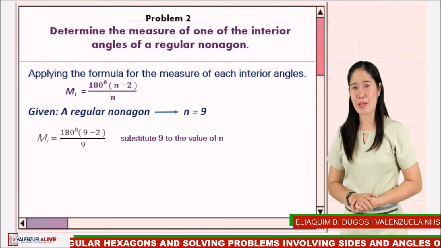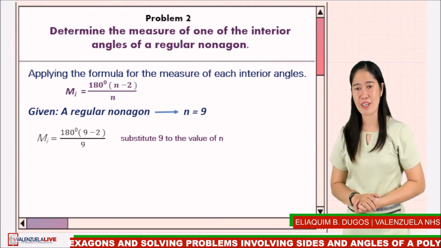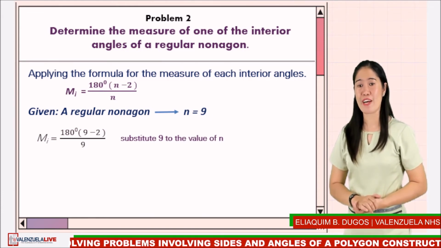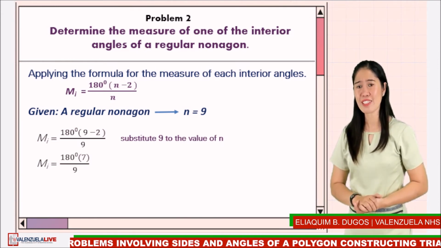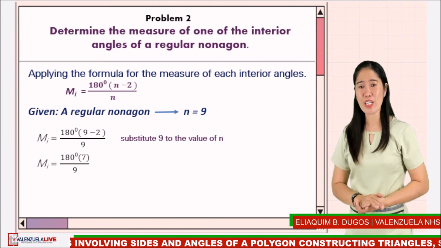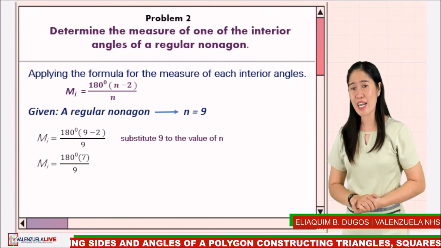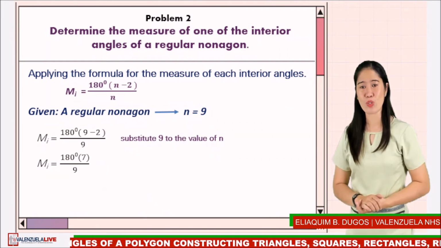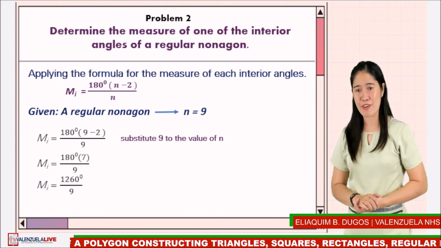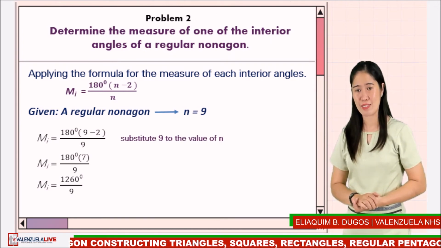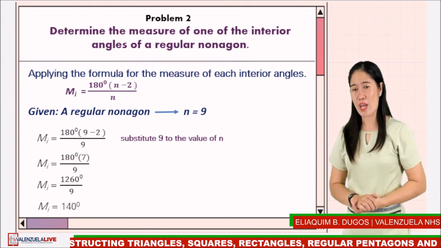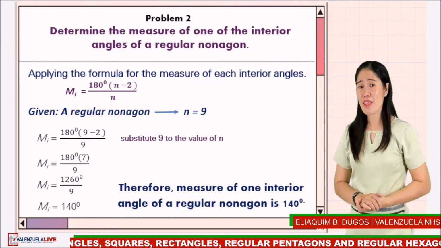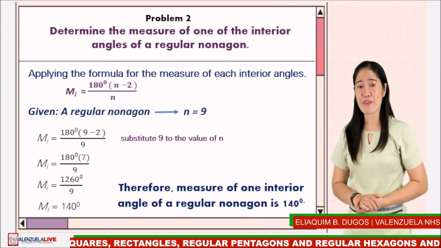So, we have m sub I is equal to 180 degrees multiplied by the quantity of 9 minus 2, divided by 9. Next, 9 minus 2 is 7, so 180 degrees multiplied by 7 is 1260 degrees, divided by 9, so m sub I is equal to 140 degrees. Therefore, the measure of one interior angle of a regular nonagon is